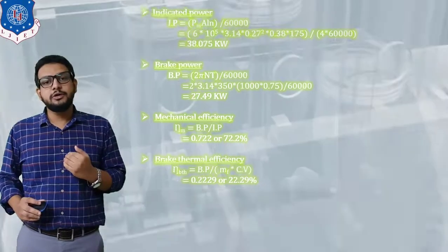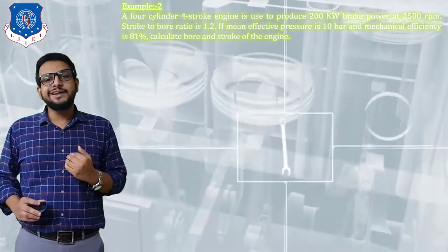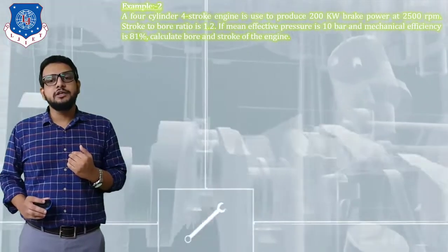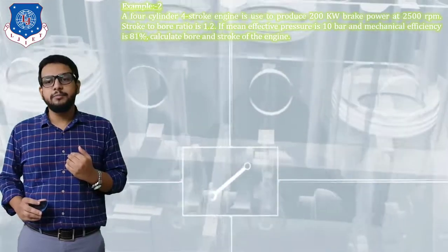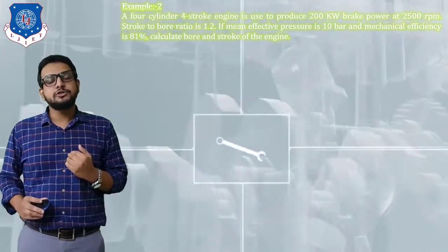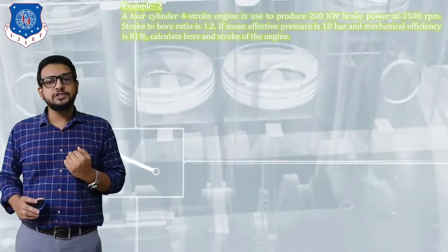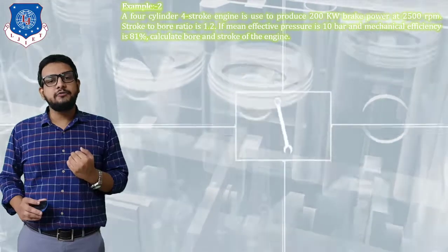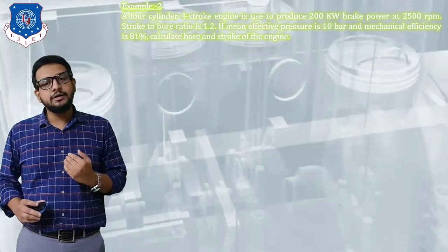Now let's see our question number 2. Now the question is displayed on your screen. A 4-cylinder 4-stroke engine is used to produce 200 kilowatt brake power at 2500 RPM. Stroke to bore ratio is given, that is 1.2. If mean effective pressure is 10 bar and mechanical efficiency is 81%, you need to calculate bore diameter and stroke